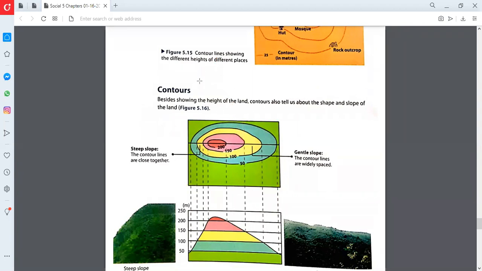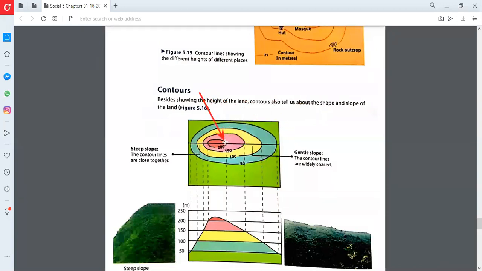So if you see, the yellow one is also showing very less space here. But on the right side, it's much, because in the above picture, it's showing much space. Green on the left and leftmost side is also showing some space. But on the right side, it has the biggest space of the picture. So in these contour lines, we get to know how is the division of the slope and the shape of the land.